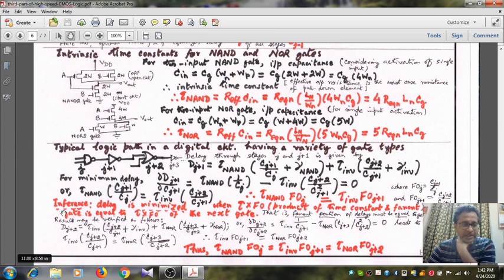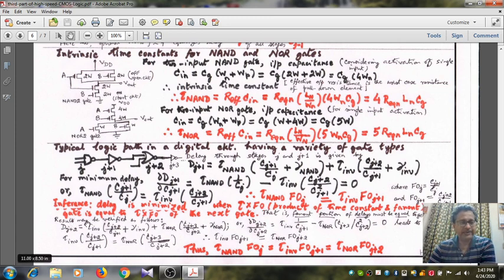So what we can infer is that the delay is minimized when tau into FO, or the product of time constant and fan out of a gate, is equal to tau into FO of the next gate. That is, fan out portion of the delays must be equal to get the optimal solution. When you have got only a single gate type, say earlier we have seen an inverter chain, then the fan out factor is same for all the stages. Here it is not possible. What is possible is that we have to get the product of time constant and the fan out to be same for all stages, or the fan out portion of the delay should be same for all the stages.